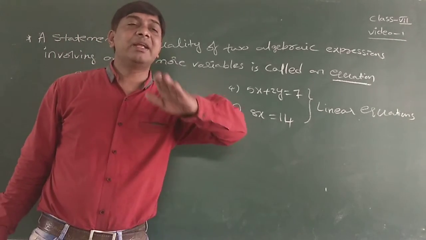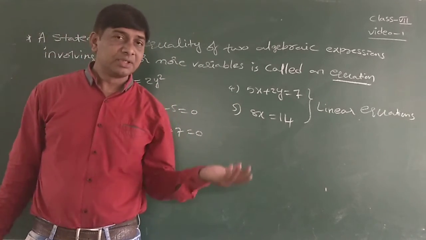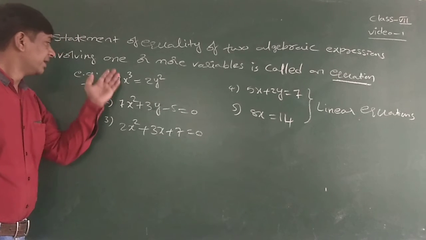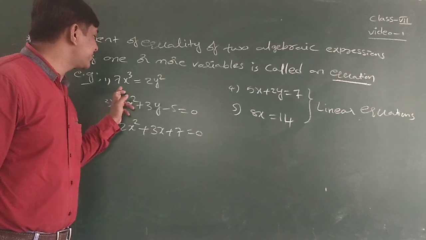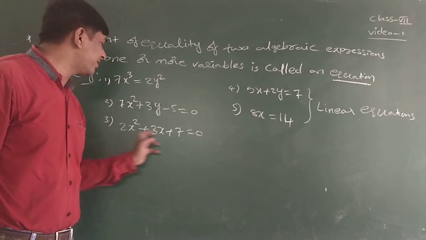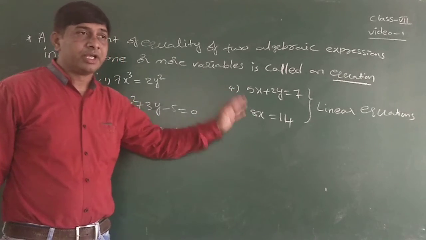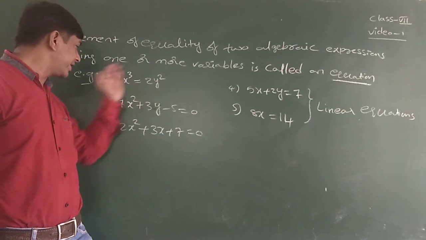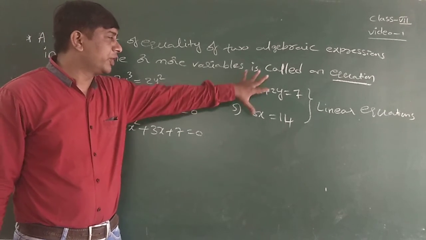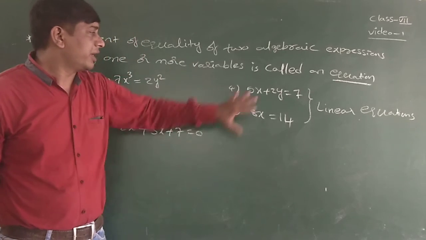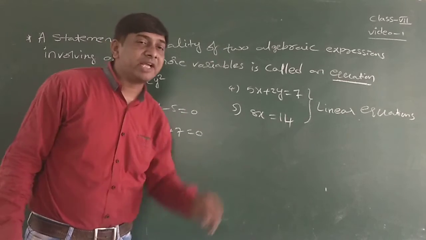In that, there are different types of equations you may find. Okay, different types of equations. These are all examples I wrote. Here, this equation's degree is 3, this equation's degree is 2, this equation's degree is 2, and here degree 1, here degree 1. Among all these, we don't discuss this one in this class. Now I am going to discuss this one. So, among all these, these two are degree 1 equations.